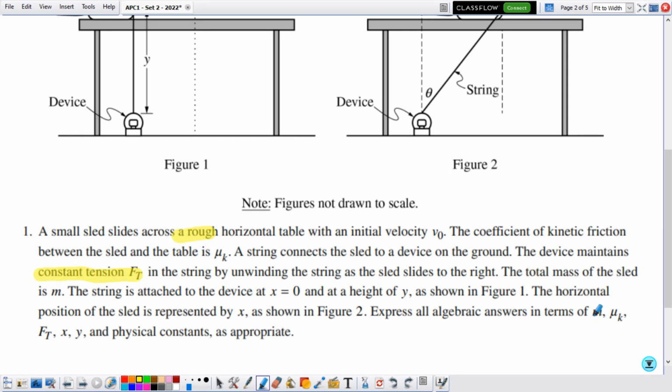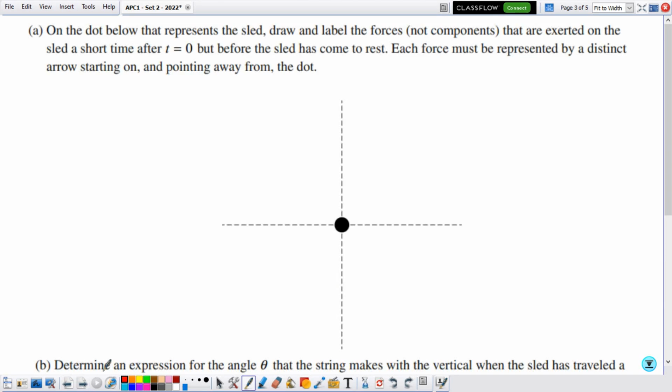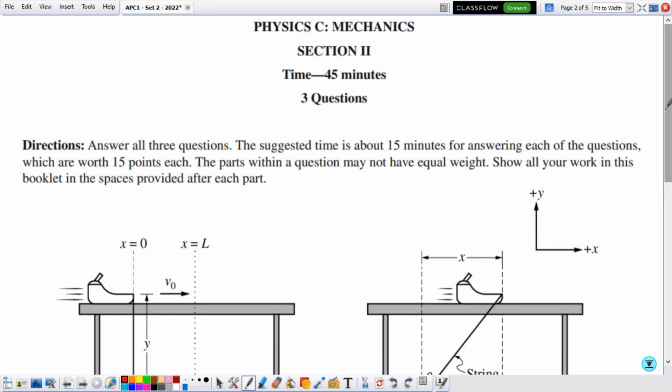Now, whenever we determine an expression, we need to make sure that it's being expressed in terms of these. On the dot below that represents the sled, draw and label the forces, not the components, that are exerted on the sled at a short time after t is equal to 0, but before the sled has come to rest. Each force must be represented by a distinct arrow starting on and pointing away from the dot. Then basically they're asking us to draw the FBD of the sled